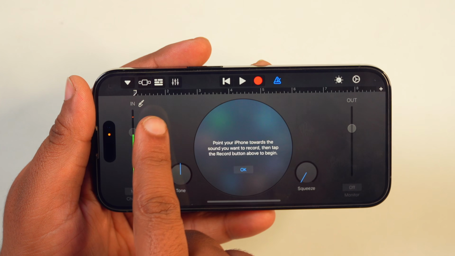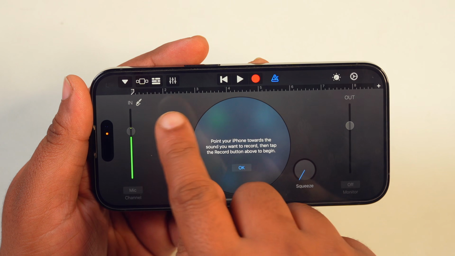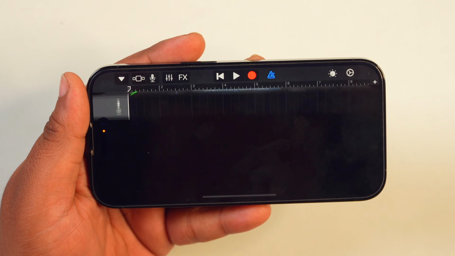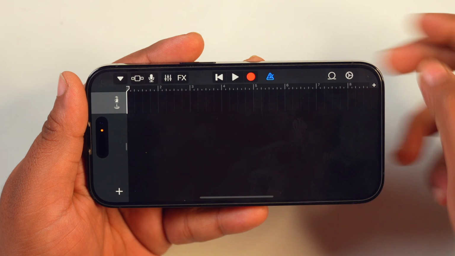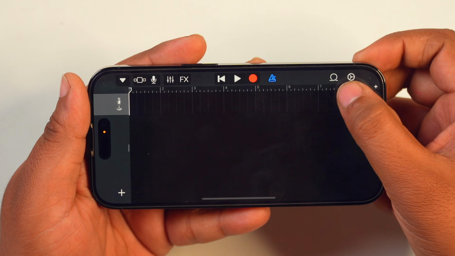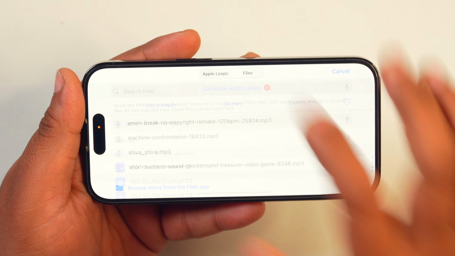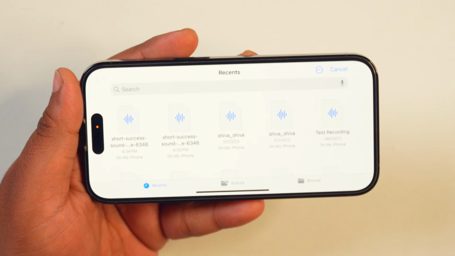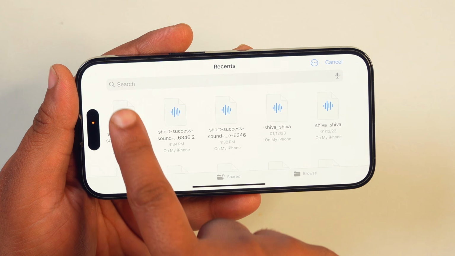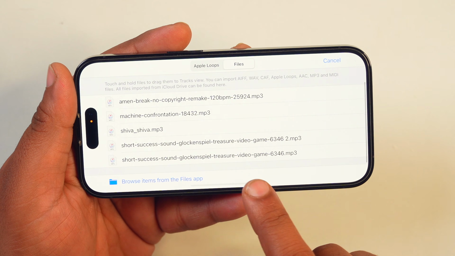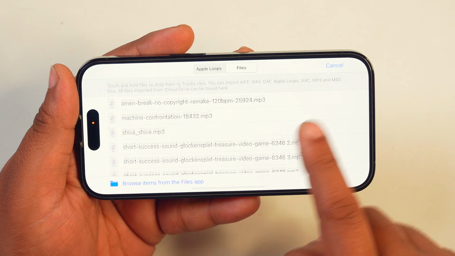From the left, you will see a brick-like icon. Tap on it. After tapping, it will take you to the timeline area. Then tap on the second option from the right. That is an omega-like icon. After tapping on it, go to Files. In the Files app, select the notification sound you downloaded earlier. And once you select it, you will see that the sound is here.